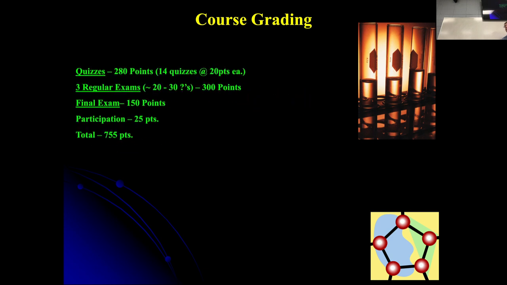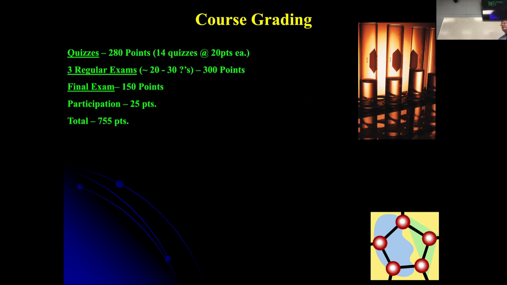All right, what everybody's interested in is course grading, right? Your quizzes. You will have 14 quizzes throughout the semester. Each one of those will be 20 points. This is homework that you're assigned to do outside. Each one of those is worth 20 points, okay? That's a fifth of a regular exam. So you can get a lot of points in quizzes just by keeping up with your homework, okay? So there will be 280 total points of the total class points due to these quizzes.